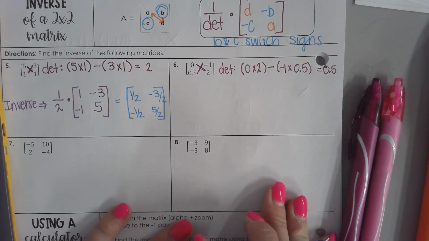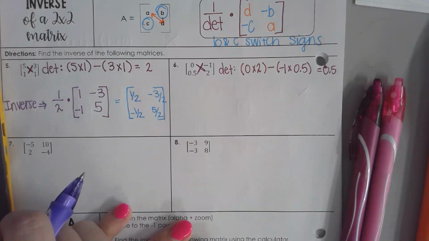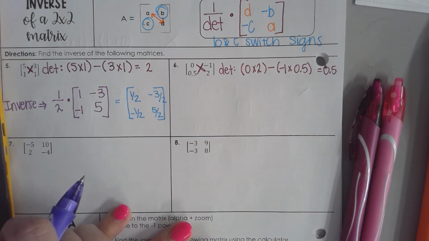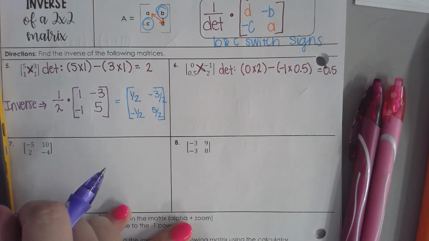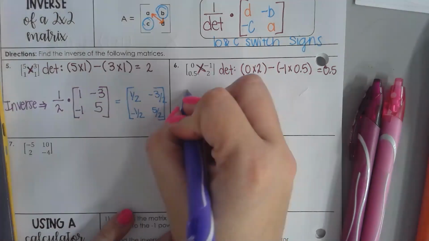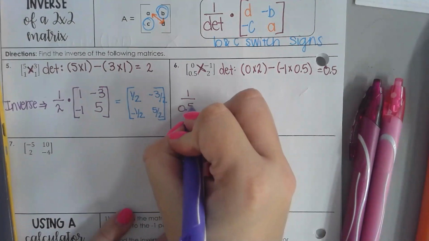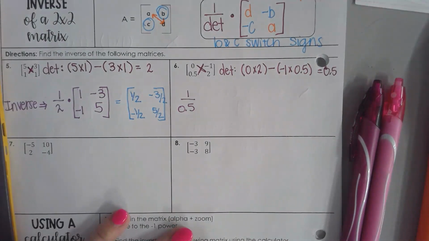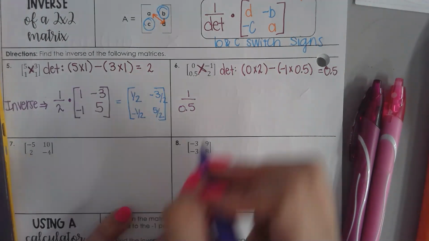To find my inverse, I do 1 over the determinant. So 1 over 0.5 times